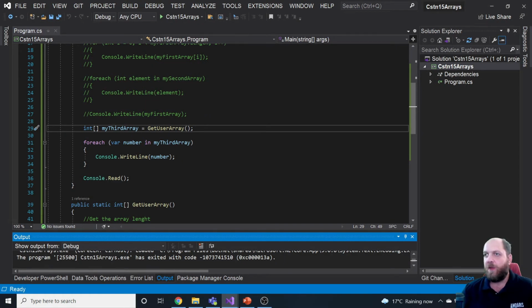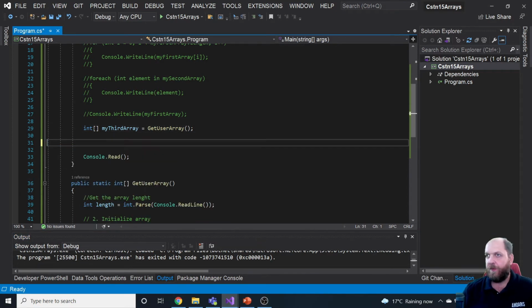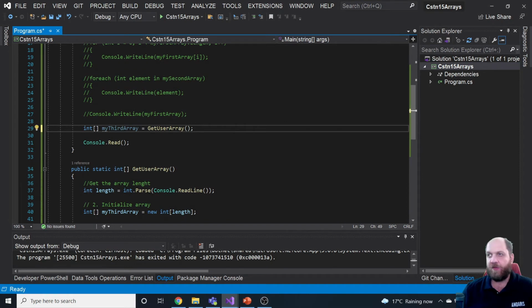Now, we don't want to print this anymore right now, because what we want to do here as a next exercise is go to different parts or exercises that you might receive as questions during your interviews. And the first thing, or one of the first things that you might get is, how can you reverse the contents of an array in C#? Now, for that,